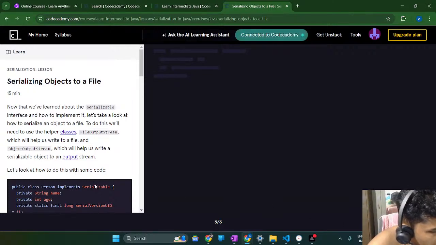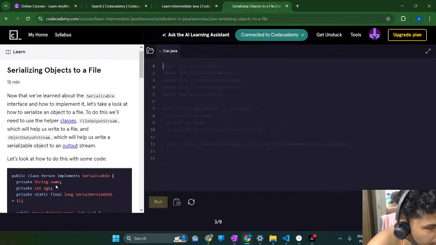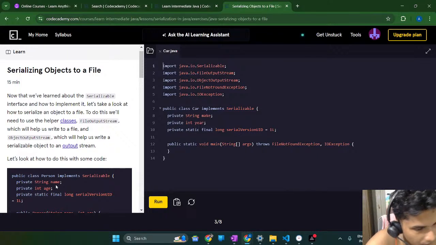Serializing objects to a file. Now that we have learned about the Serializable interface and how to implement it, let's take a look at how to serialize an object to a file. To do this, we'll need to use the helper class